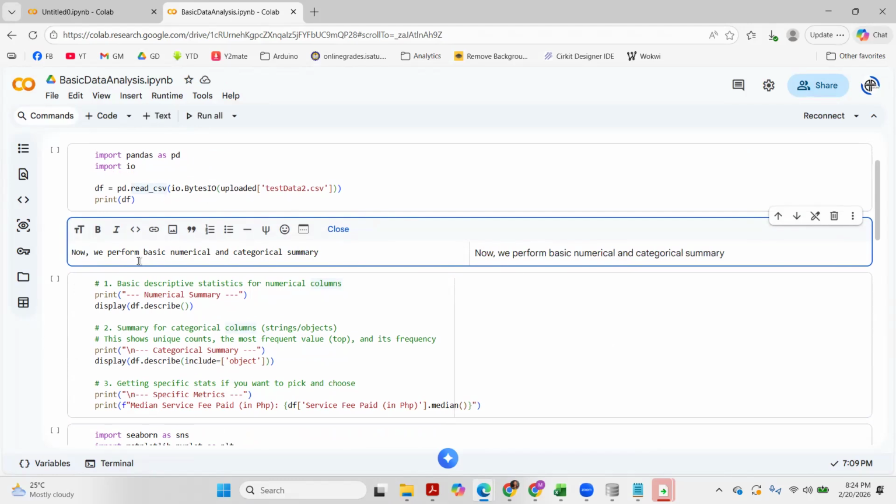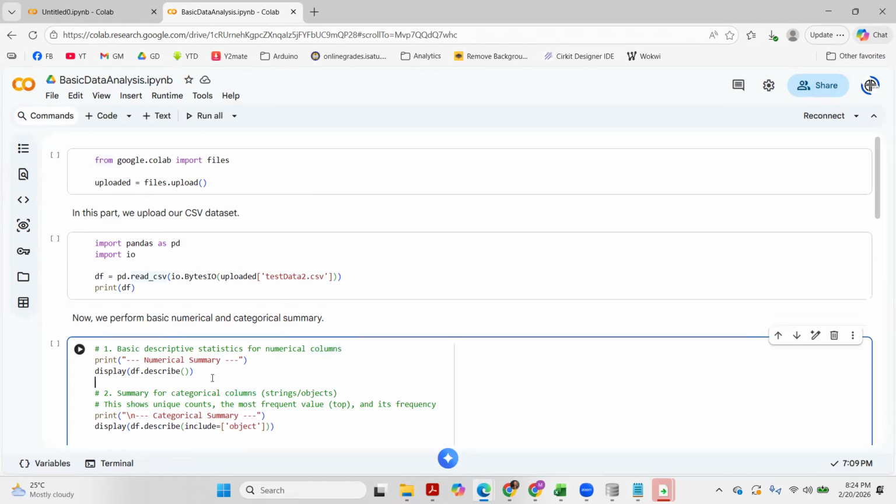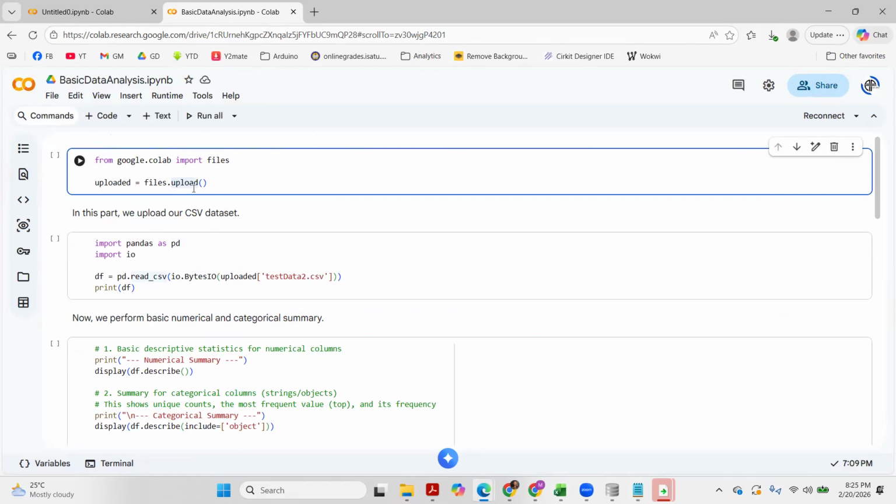As simple as that, you can add more, you can type anything that you want to further improve your presentation. Right. So now going back here, again, the good thing about Google Colab is I don't need to install anything. But of course, this is online, so I need internet connection to make use of it.